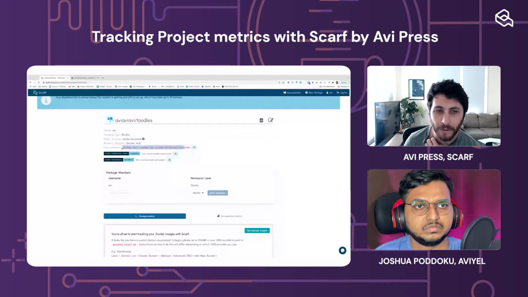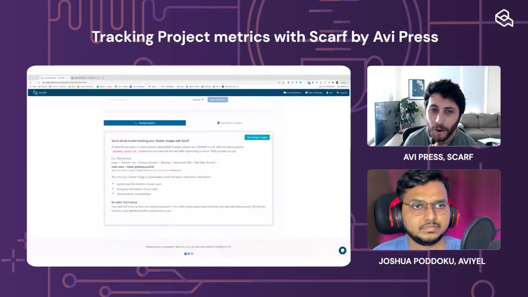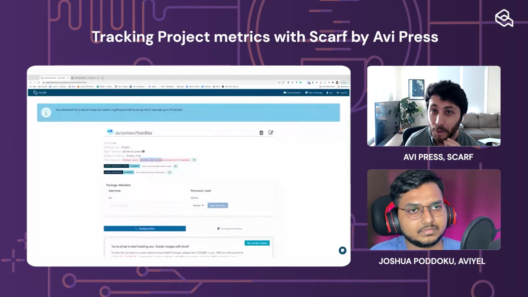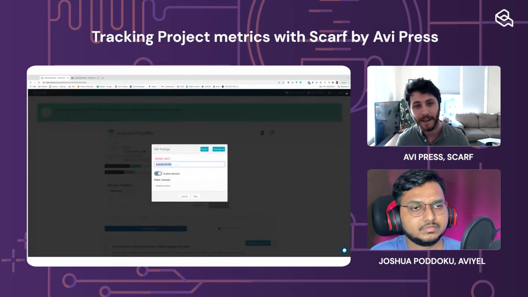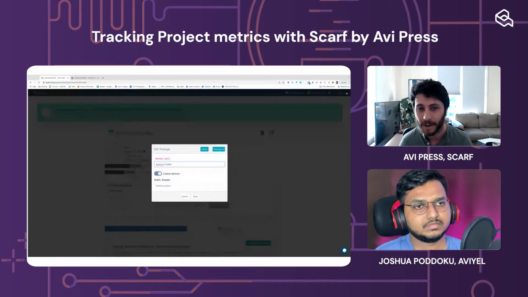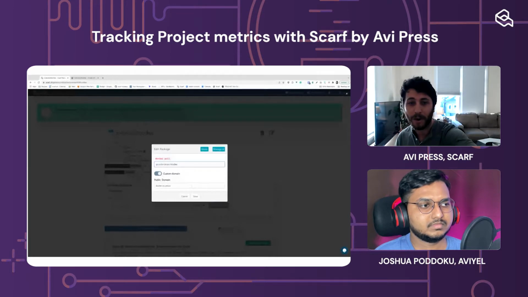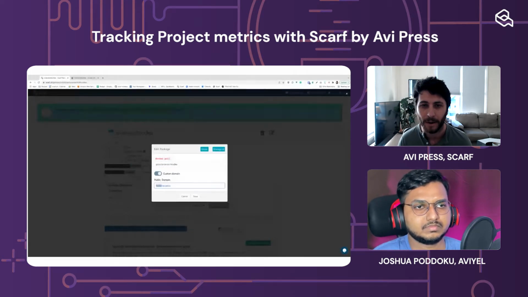Scarf will give me a little bit of information about how I should set up, since I decided to use a custom domain here rather than the Scarf URL. But the really cool thing about this is now down the road, if say I want to move my container from being hosted on Docker Hub to being hosted somewhere else, let's say I wanted to push this to Google's container registry, GCR, I might put something like this in here. I would hit save. I'm not going to do that here. And suddenly, Scarf would be moving my traffic over without actually breaking things for my users, because they're not pulling from this other static domain.